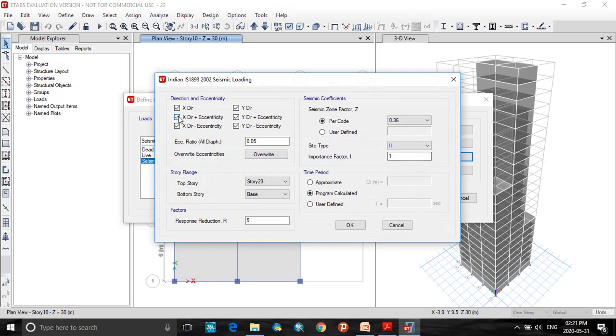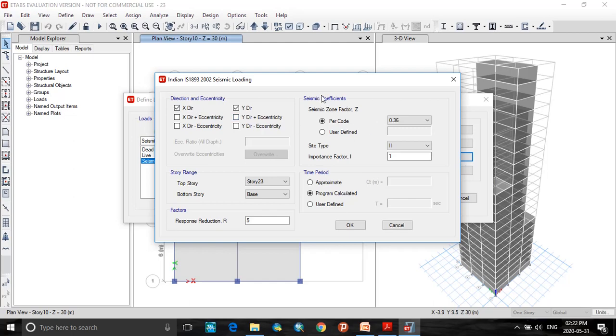Here uncheck all the directions and eccentricity directions, that is uncheck the x direction eccentricity and y direction eccentricity. Just select x direction and y direction to perform the static analysis, so the seismic loads will be in the two directions, x and y.